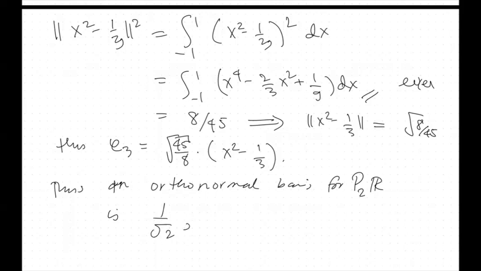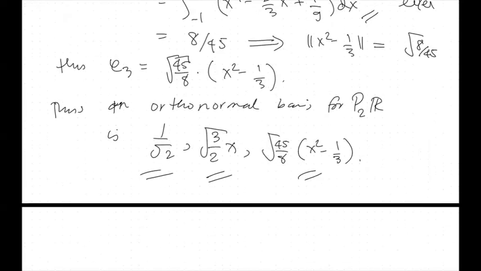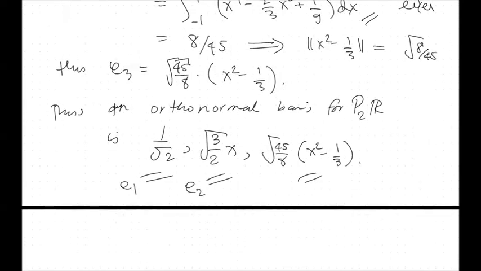The second one is the square root of 3 over 2 times x. And then the third one is the square root of 45 over 8 times x squared minus 1/3. So this is our E1, this is our E2, this is our E3. And then, yeah, that's it. This is an orthonormal basis for our